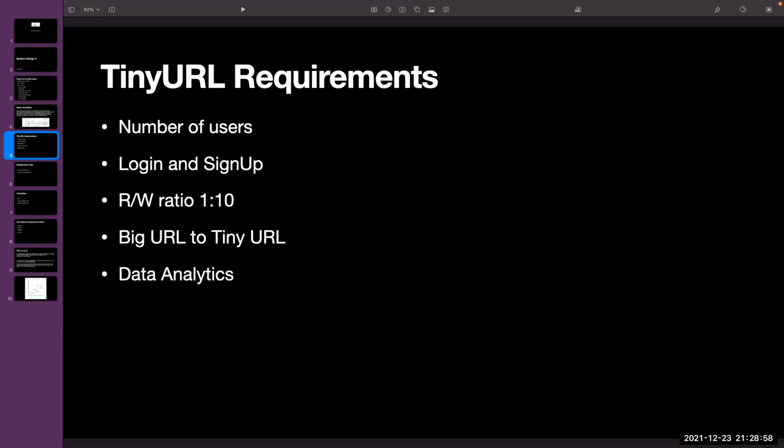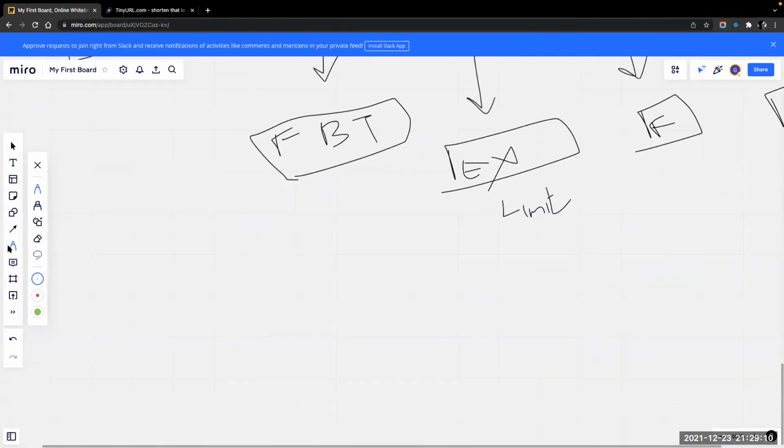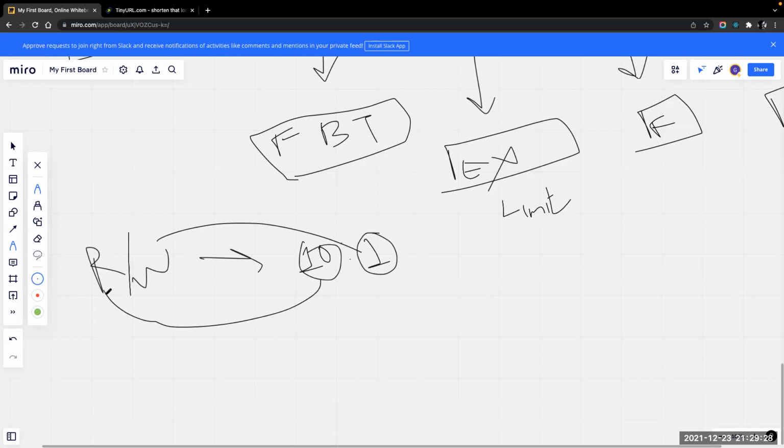Do you remember the master slave architecture we discussed yesterday? Yes, sir. Okay. So the read and write ratio is around 10:1. Okay, there I have written it wrong. That means one server will be doing writing and another 10 servers will be doing reading. This is called the read write ratio.